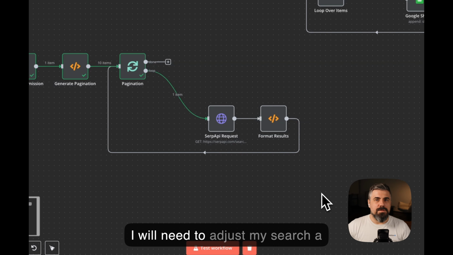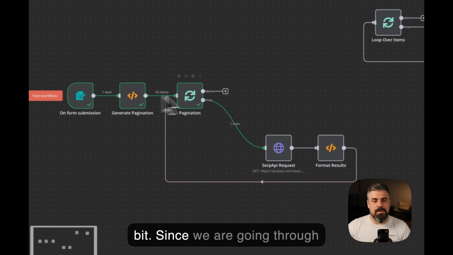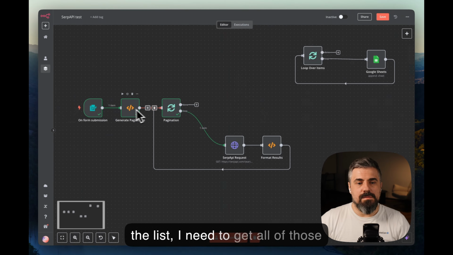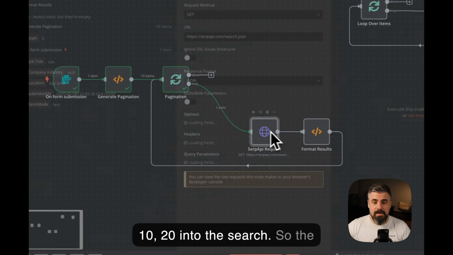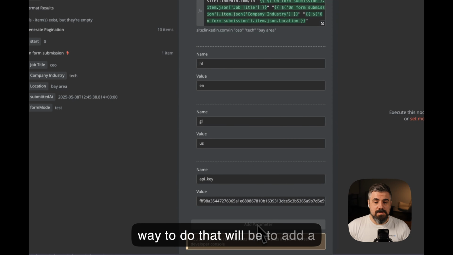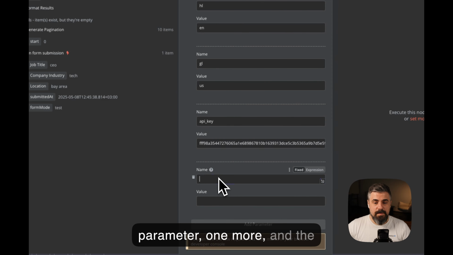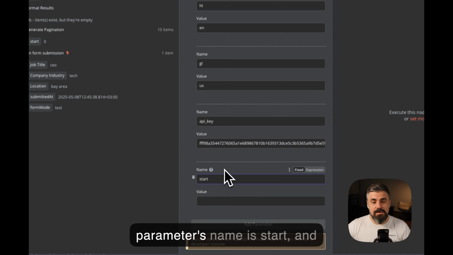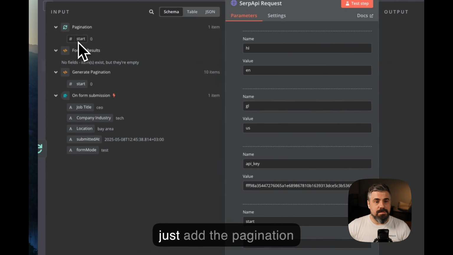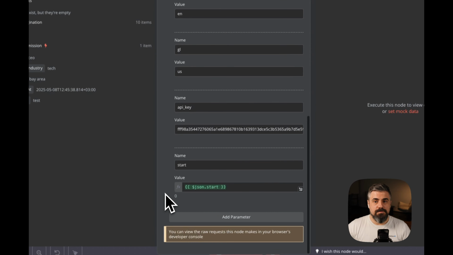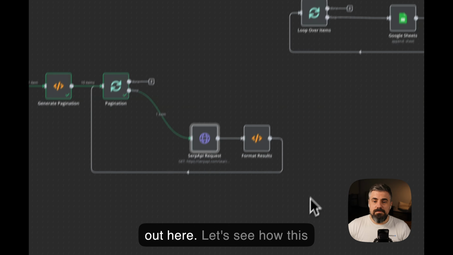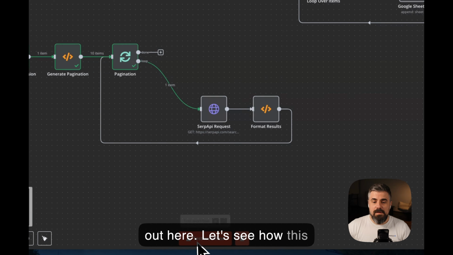Now I will need to adjust my search a bit. Since we are going through the list, I need to get these numbers 0, 10, 20 into the search. So the way to do that will be to add a parameter, one more, and the parameter's name is start, and just add the pagination number out here. Let's see how this goes. If we test the step,